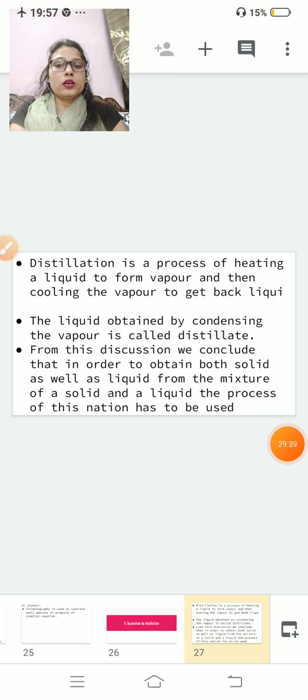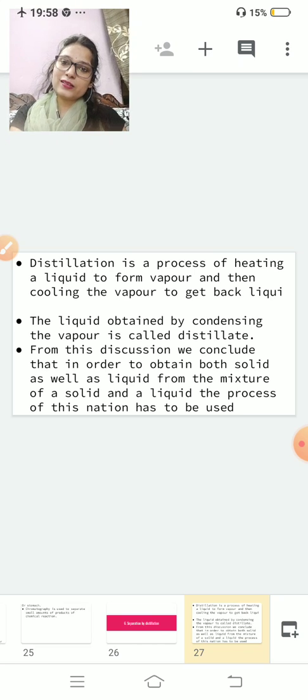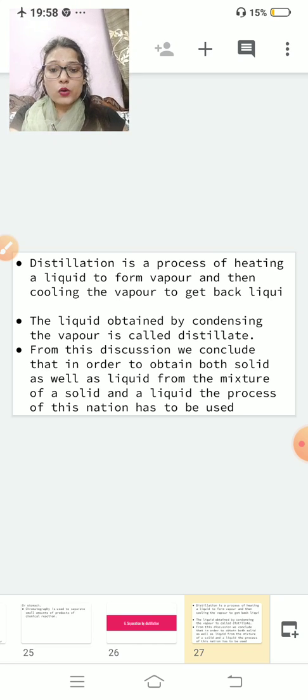So, what is the distillation? The distillation is a process of heating a liquid to form vapor, then cooling the vapor to get back liquid. The liquid obtained by condensing the vapor is called distillate. From this discussion, what have we concluded? We have concluded that in order to obtain both solid as well as liquid from the mixture of a solid and liquid, that means in the process of evaporation you will not get back a liquid, but if you use distillation as a separation technique, you will get back liquid also. Clear? Now